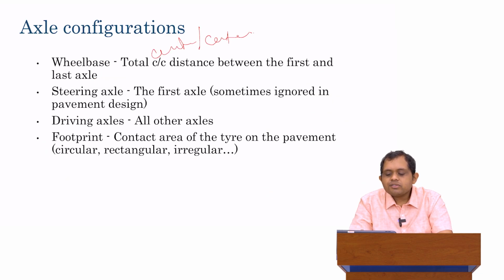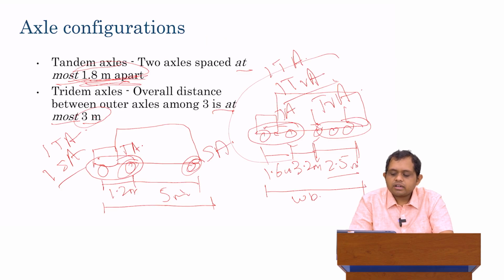So the wheelbase is the total center to center distance between the first and the last axle. The steering axle, I already defined this, it's the first axle. Sometimes in pavement engineering, we ignore the steering axle. I already explained why. The reason is sometimes, for example, in this on the right side, this steering axle this